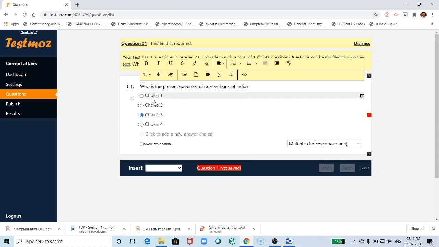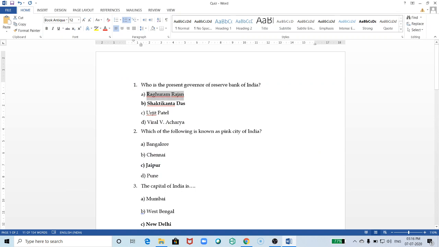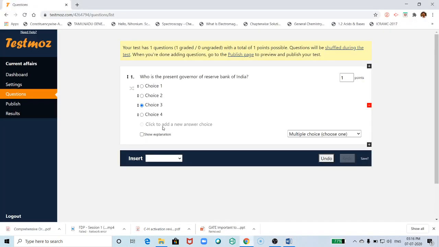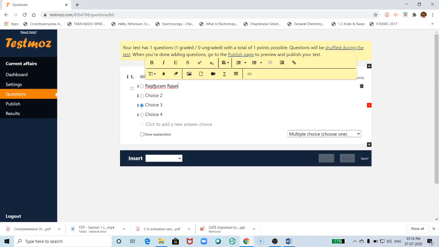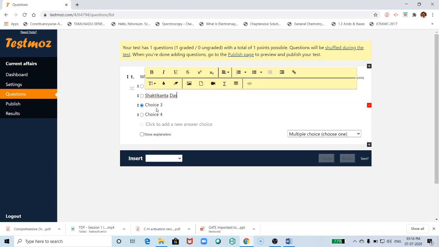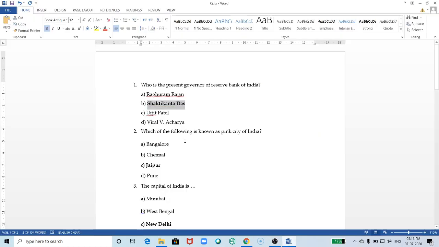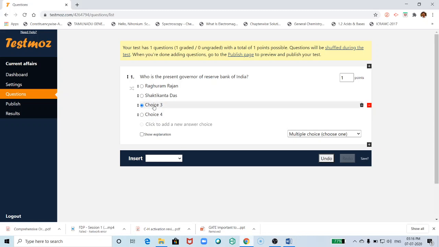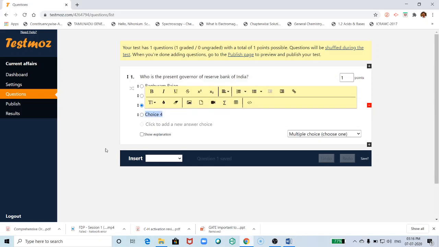Here are four options, so I have to give the options. Click this and paste, or you can type your answers. Here I am going to type.